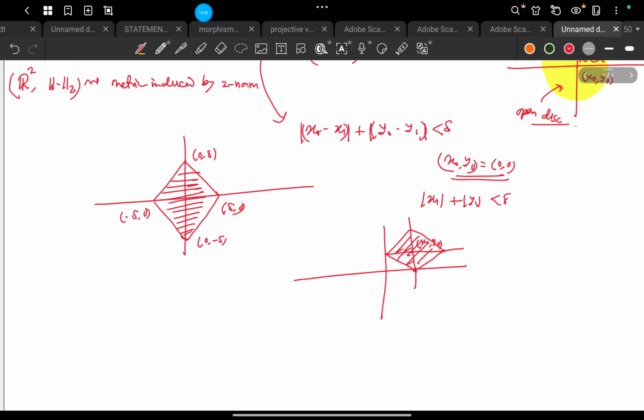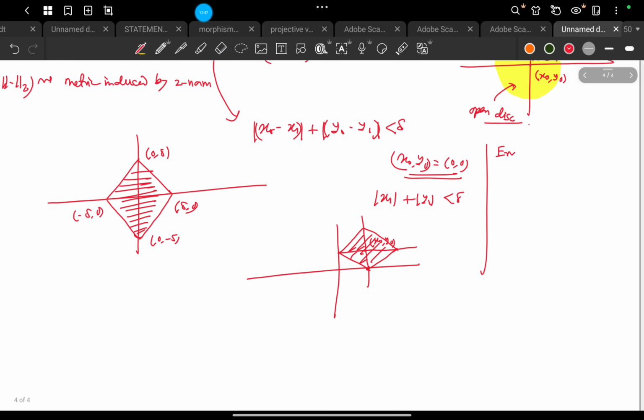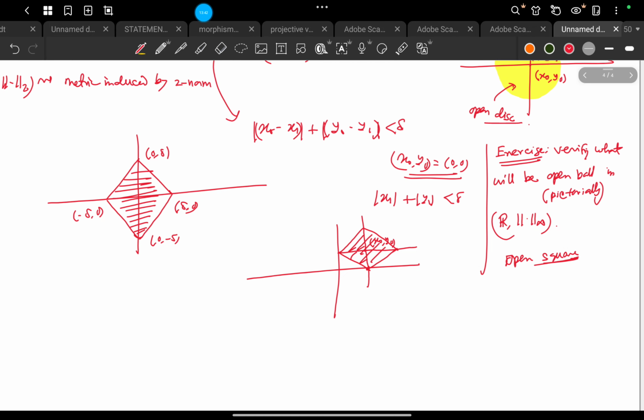and let me just give you an exercise. Verify what will be the open ball, of course pictorially, in R2 with the max norm. Let me give the name: it is said to be a square. We'll find that it is a square where all the boundaries are omitted. Alright,